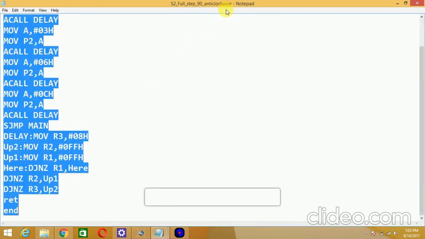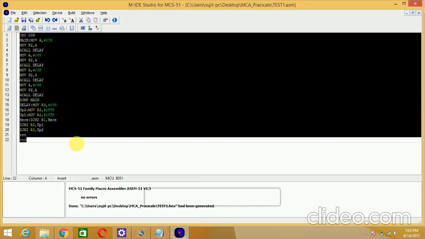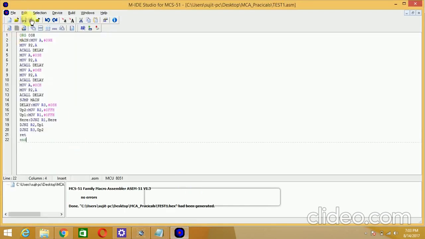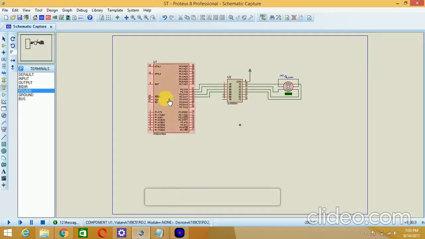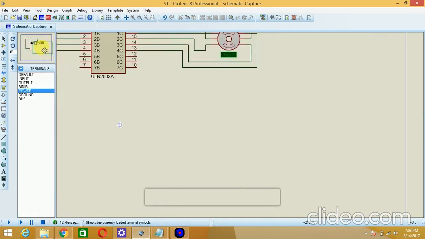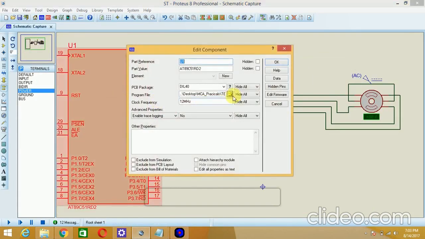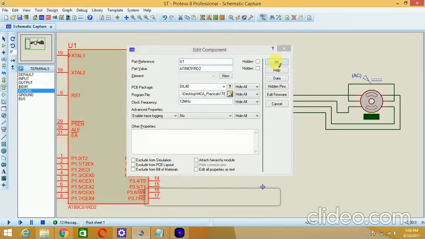So I will just copy this, save it into the MIDE, save the code, build the code and load this into the stepper motor. Okay, so double click, the same code, same file we are using.